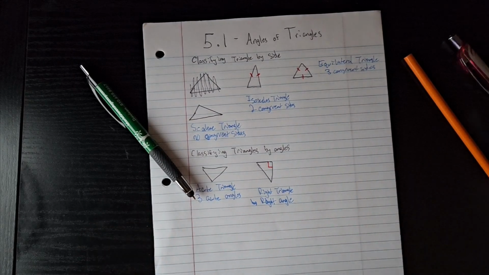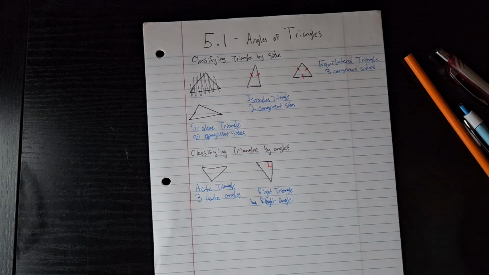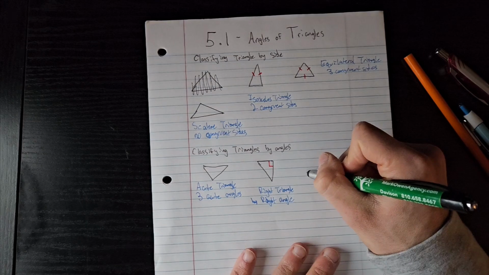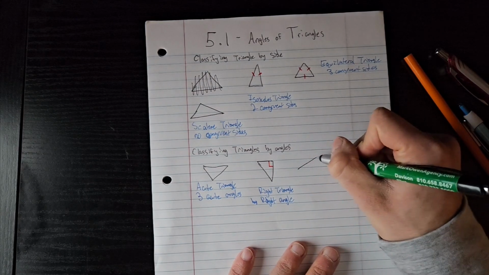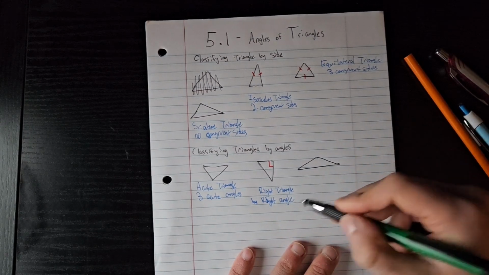A right triangle has a right angle. So that's how you can classify that one. The next one, if we're still going on the angle scheme of knowing we have an acute triangle, we have a right triangle,